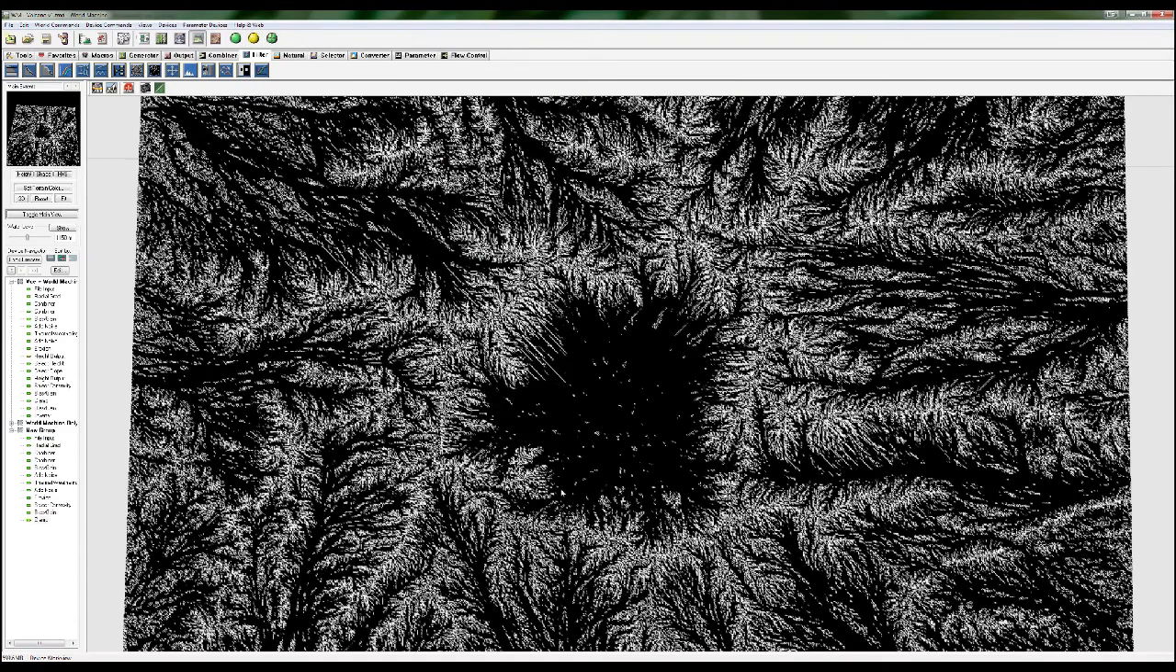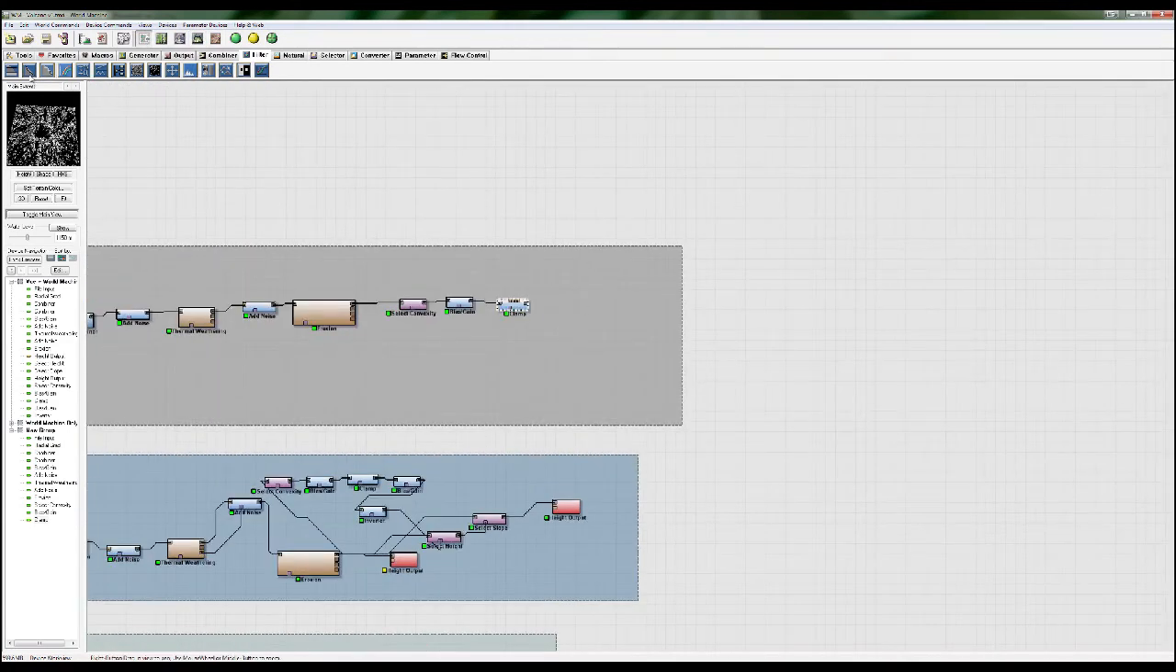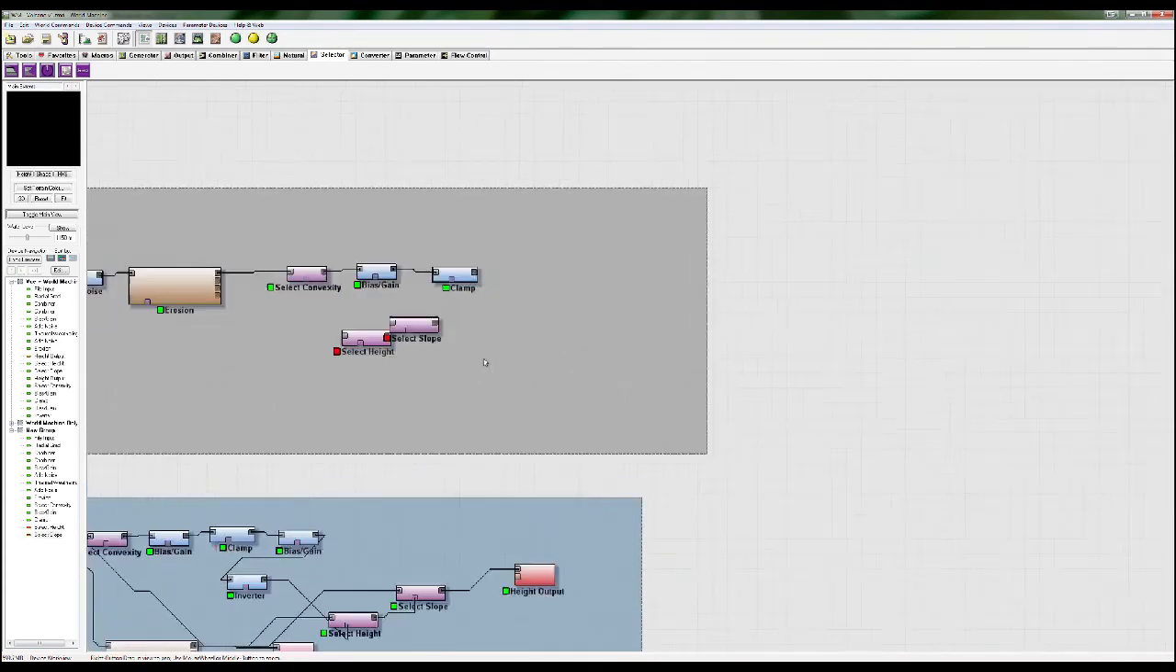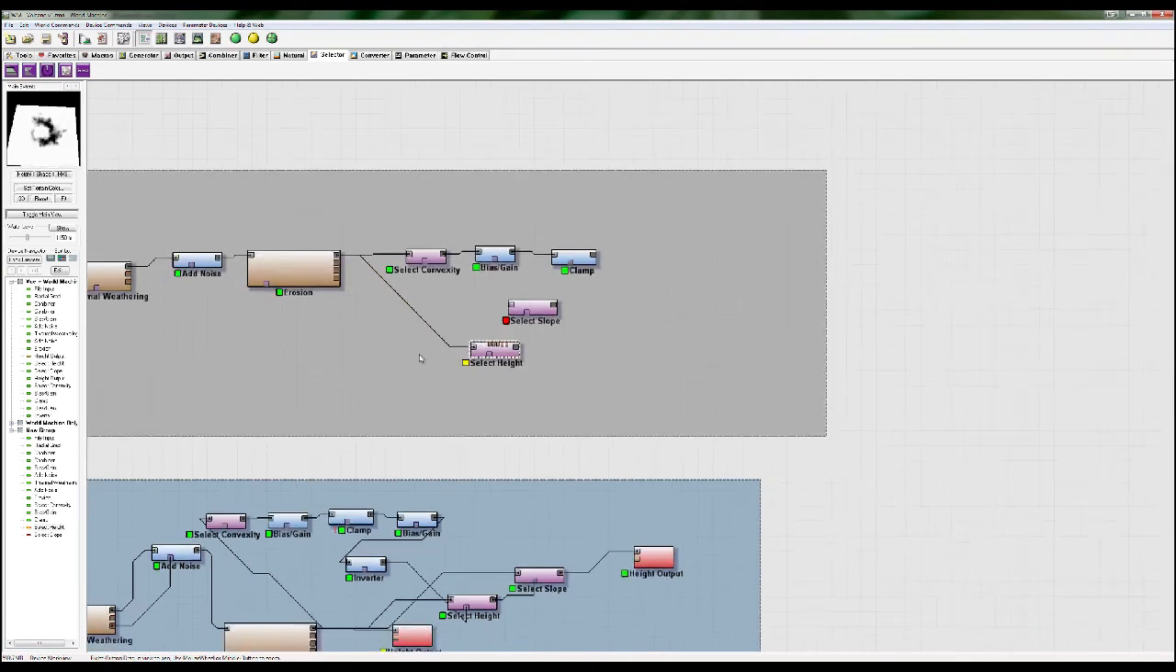Okay, so I've got this nice black area in the middle that I was aiming for. And now what we'll do is we're going to use the selectors again and select the height, and we also want a slope selector, and we're going to come in and we're going to mask this out based on the height and the slope. So come to here and